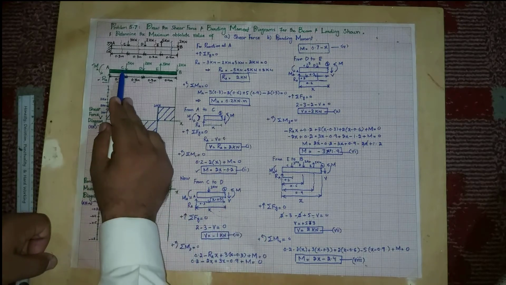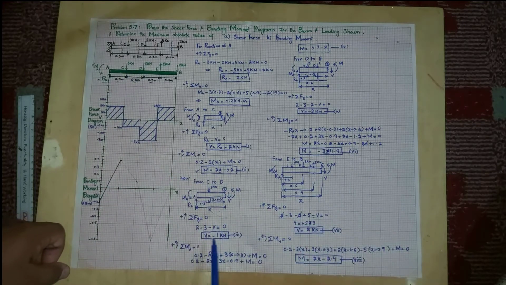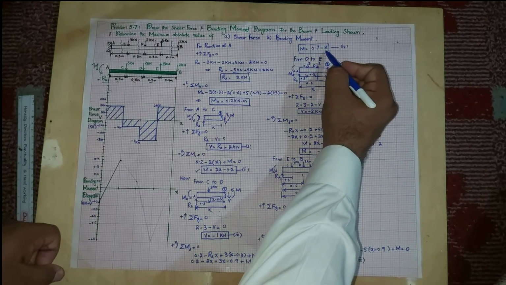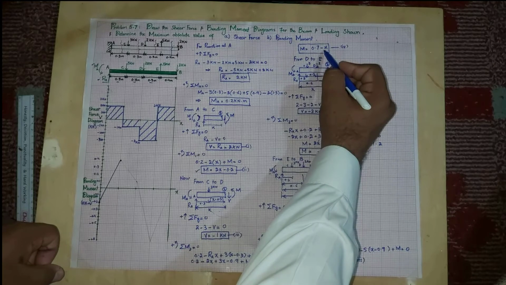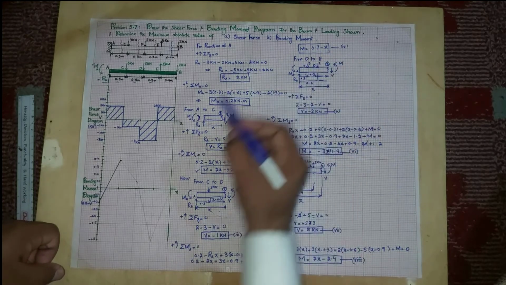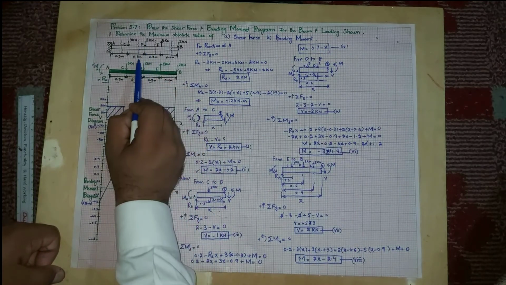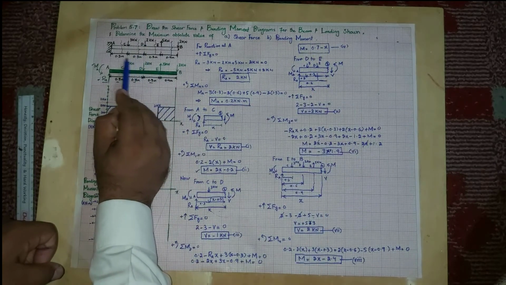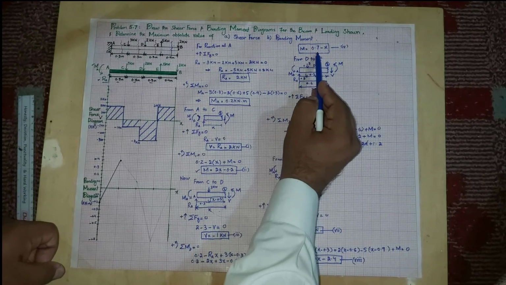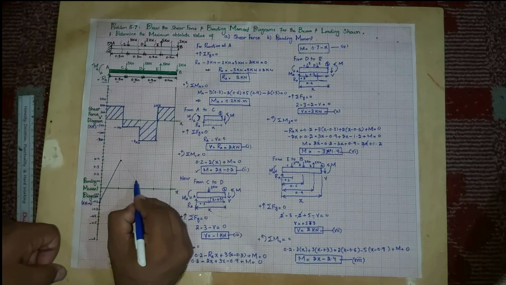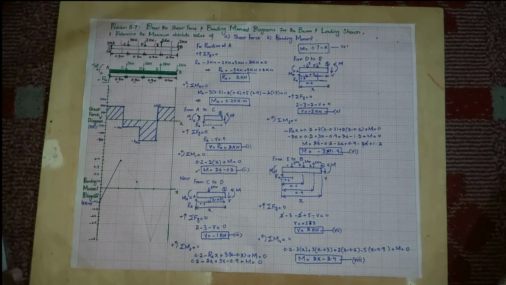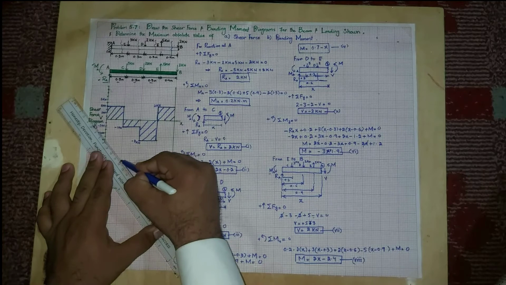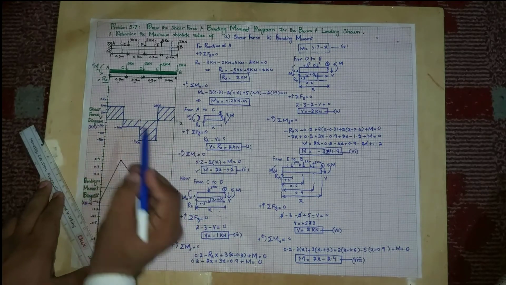Now from C to D we will have the bending moment equation, which is 0.7 minus x. Now at x is equal to 0.6. So if you put the value of x at 0.6, because 0.3 and 0.3, it will be 0.1. So this point is 0.1. Again you can join them like a straight line, because the shear force is a 0 degree line having no